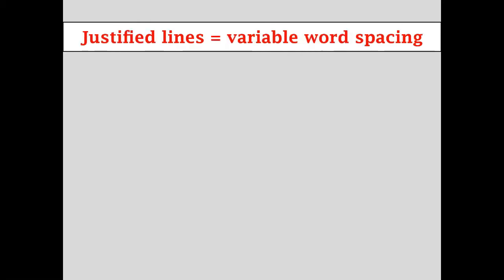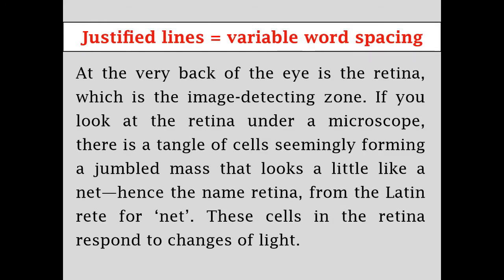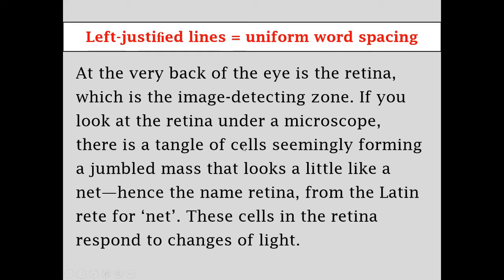Then we also need to make a choice between full justification and left justification. Now, maybe full justification looks neater, but see the cost. The cost is variable spacing between words. You can see that in some lines, the gaps between words are fairly wide. In some lines, they are fairly tight. Whereas if you go in for left justification, the right side looks ragged, but words are uniformly spaced. So that's again a decision you will need to make.